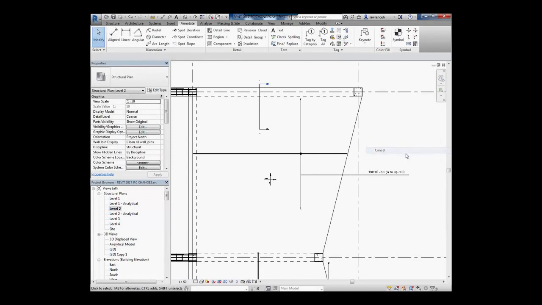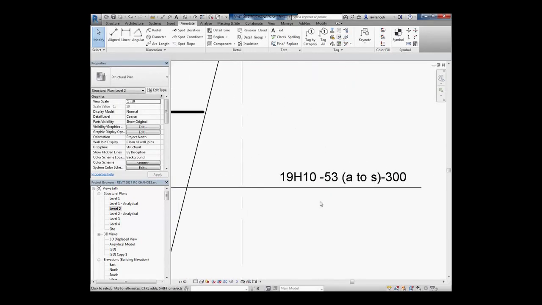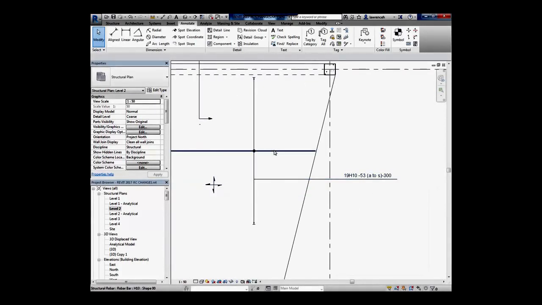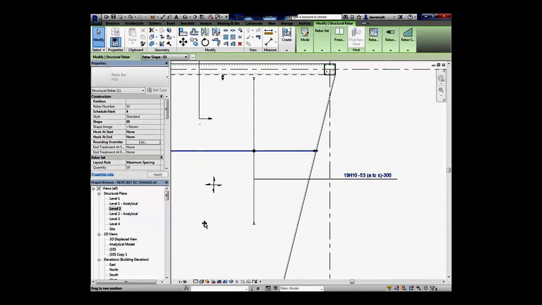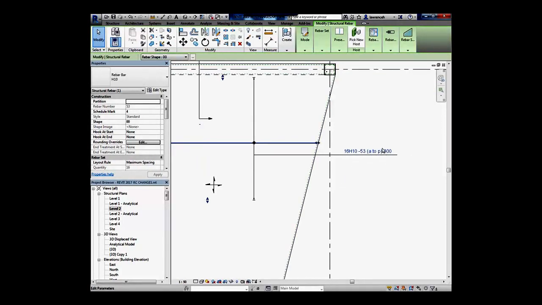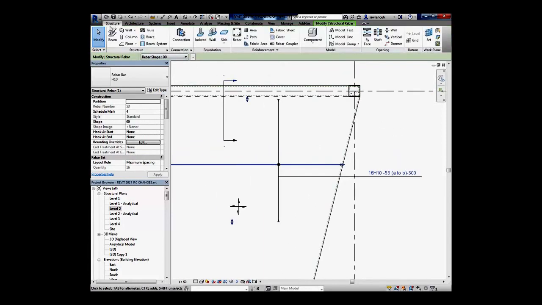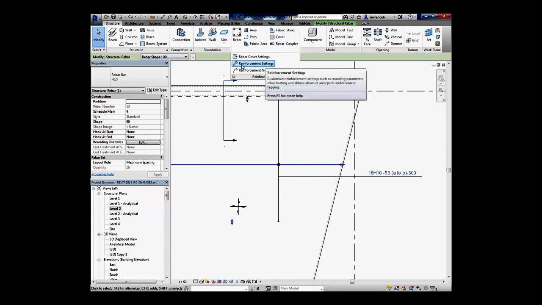Okay, so what's quite interesting here is you'll notice that it's calling up the bars from A to S. If I select that reinforcement bar and decrease the number of bars in the range here, you'll now notice that the tag automatically updates. This is due to some of the new settings that we can set up. If I go to reinforcement settings